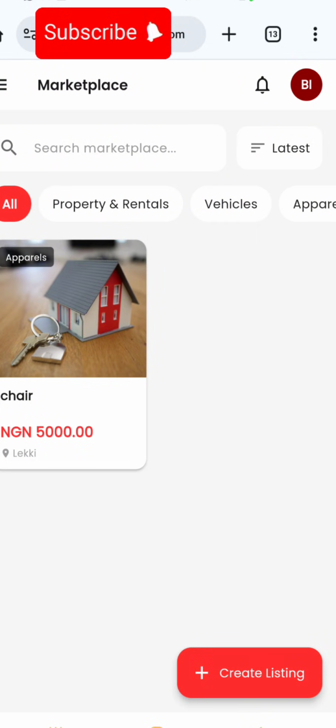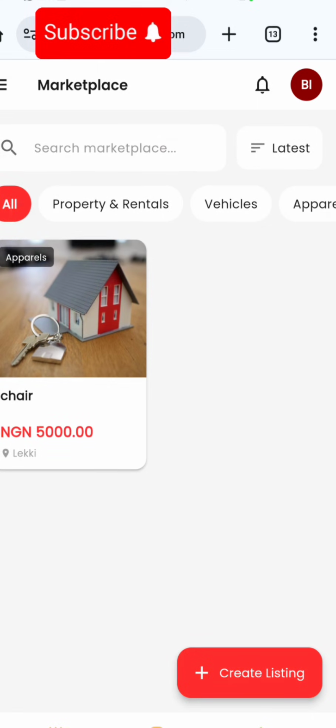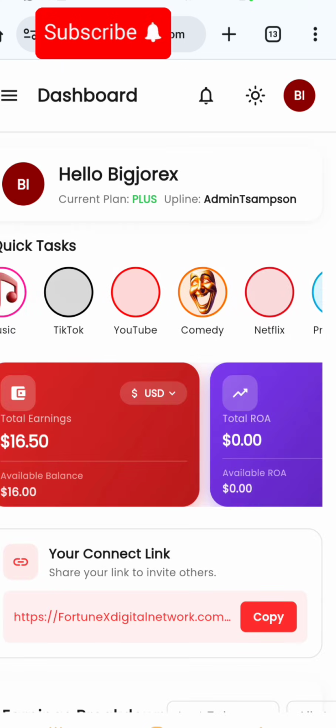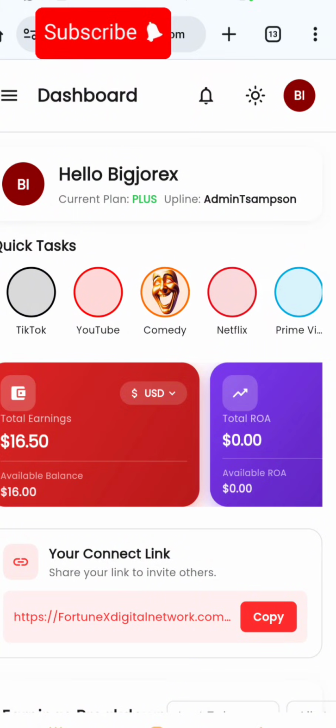purchase what you have. So let's say for example, I have a phone that I want to sell. I have a used phone or a brand new phone that I want to sell. Then I want to publish my phone on FortuneX so that FortuneX can help me find buyers. So this is all I have to do. Just click on this